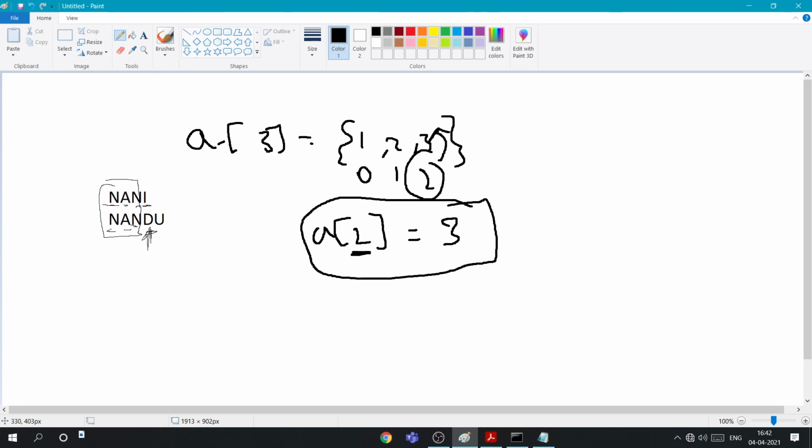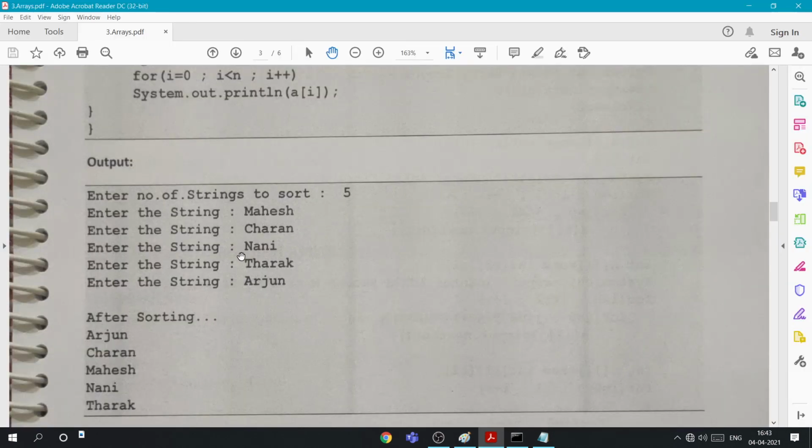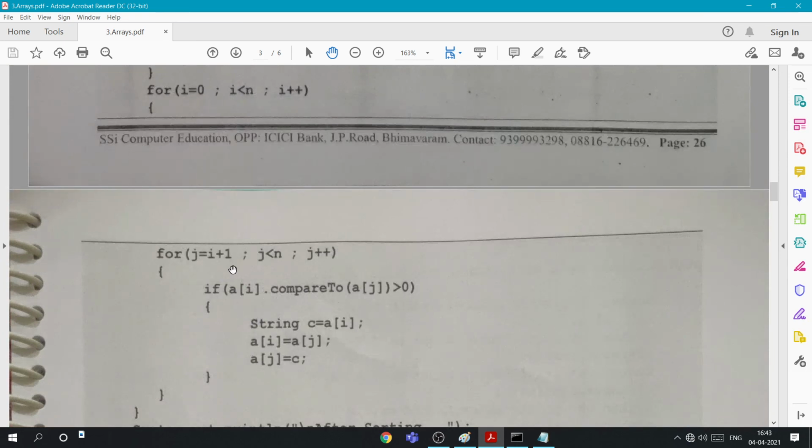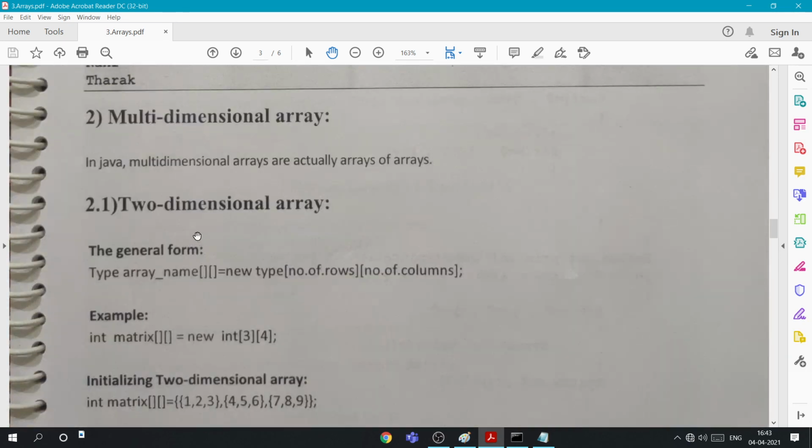Since d will come first, Nandu comes first, then Nani. So this is how it will work. You can try this example. Anyway, I will upload the link of this PDF, so you can check all the examples there.